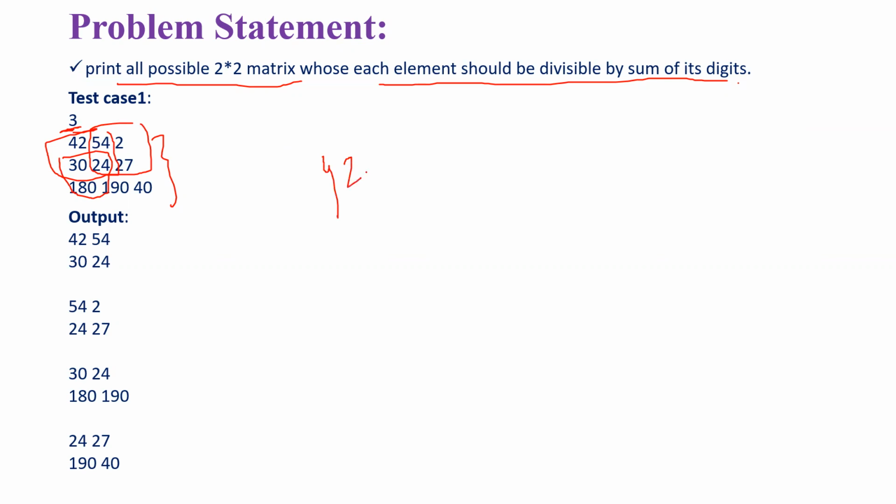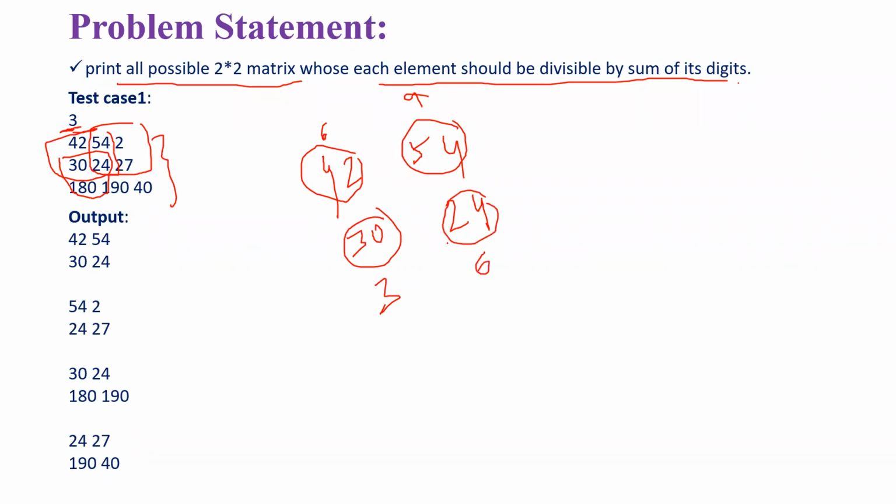For example, I collected a 2 by 2 matrix as 42, 54, 30, and 24. Now observe here. What is its sum of digits? 6. What is the sum of digits? 9. Sum of digits is what? 3. Sum of digits is what? 6. Now what you need to do? You need to check whether all 4 elements are divisible by their sum of digits.